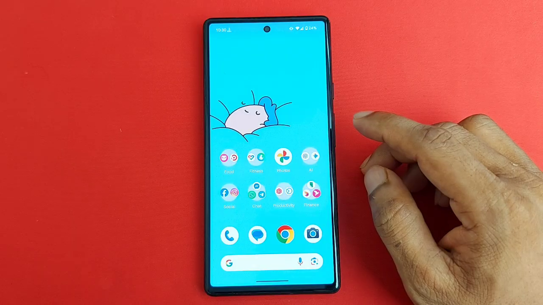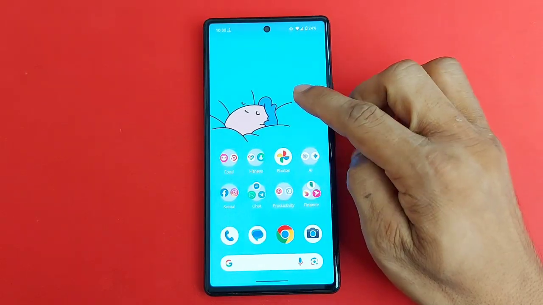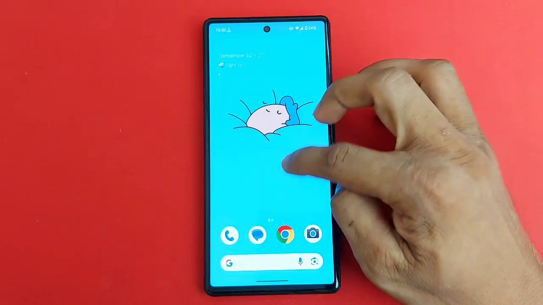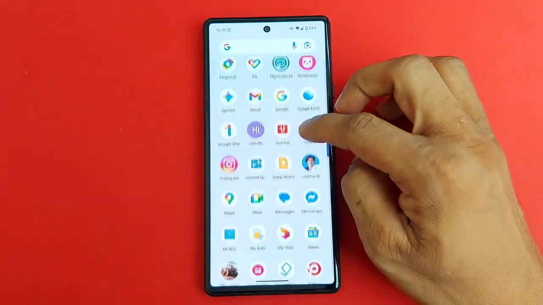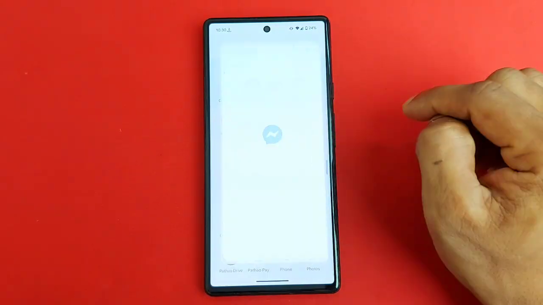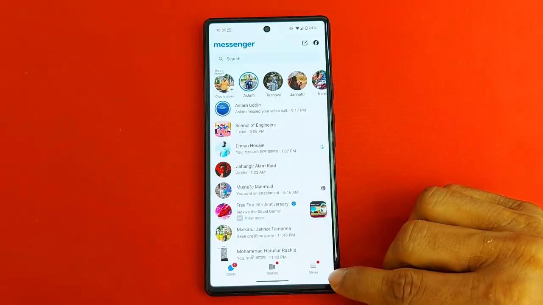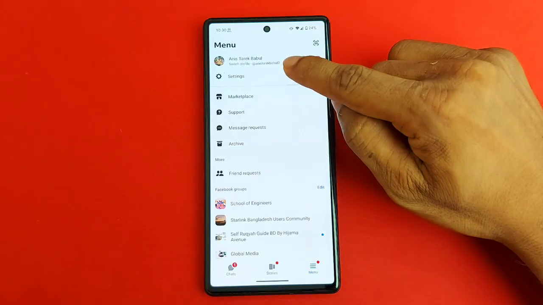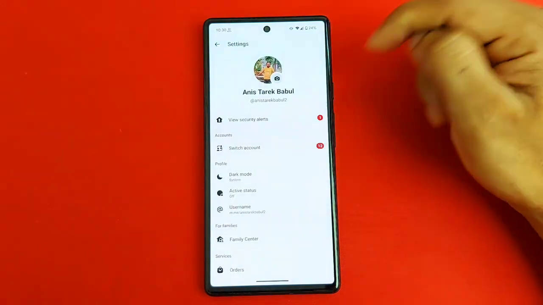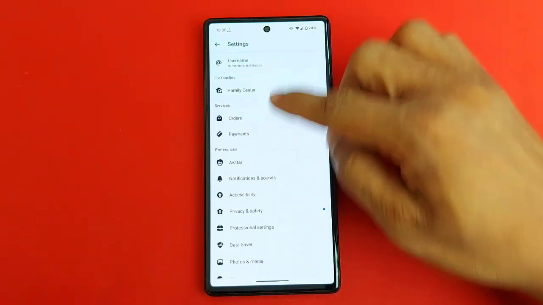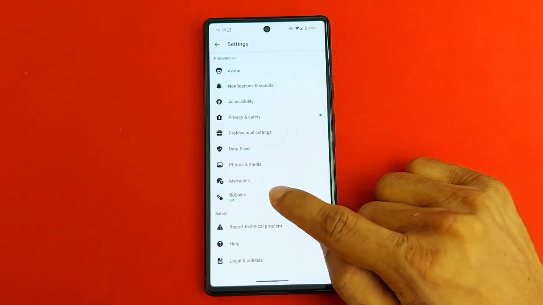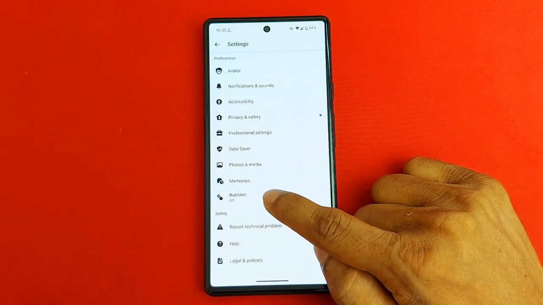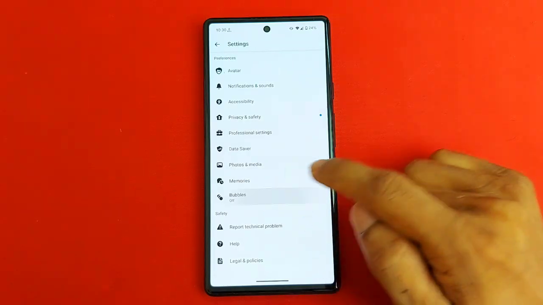So let me show you from the beginning. First of all, on your Android phone, just open Messenger, as you can see here is Messenger. Then after that, in the bottom right corner, tap on the three-line menu, and after that tap on Settings here and swipe up for Bubble. As you can see, here is Bubble, currently turned off, so tap on it, and here